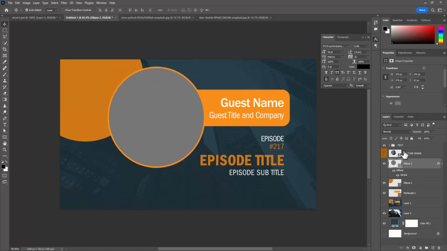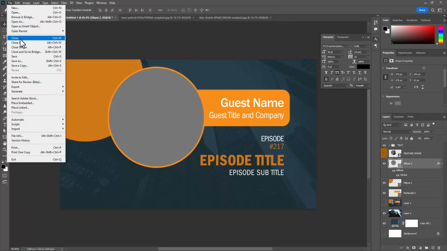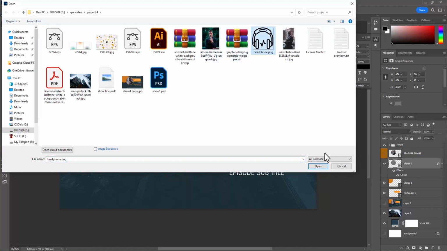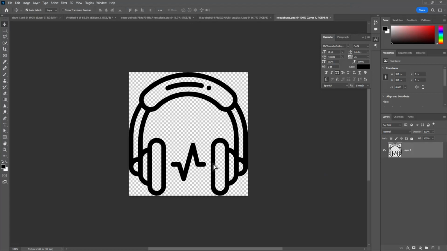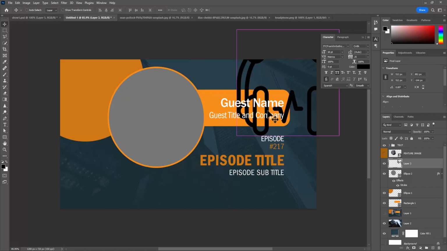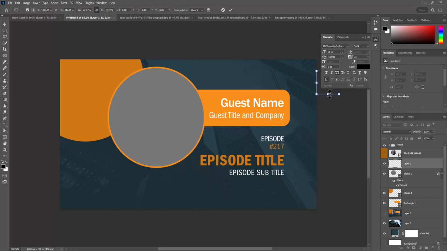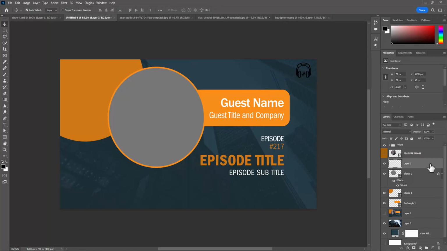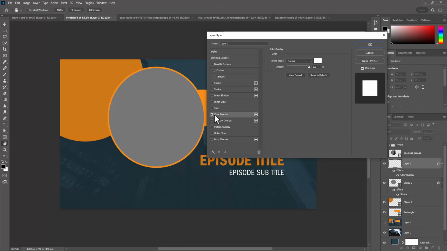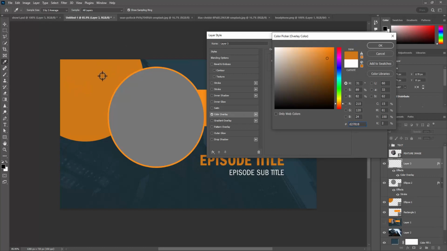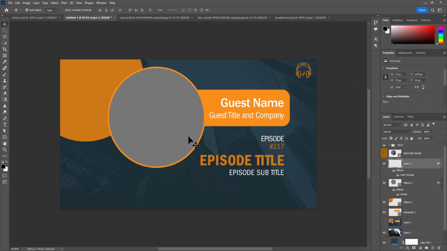Okay. So the only thing I have left is my icon, or your logo, whatever your logo is. I pulled in a logo from, let's open this headphone logo. I just took that, resize it, put it about right there, and just put an overlay. Double click to bring up the layer style, color overlay, and select that color there. Okay. Right. Now when we turn on our image,